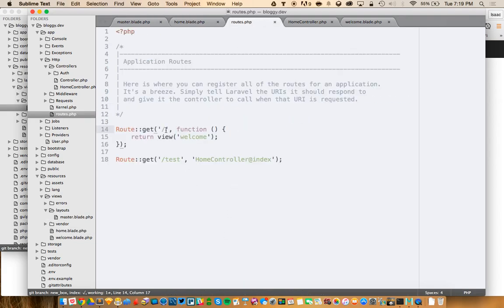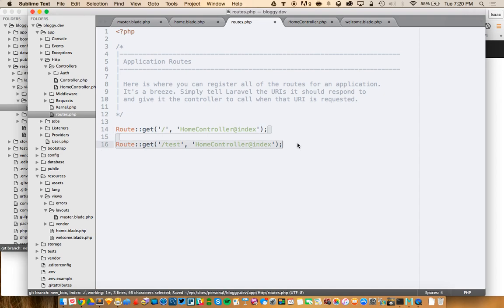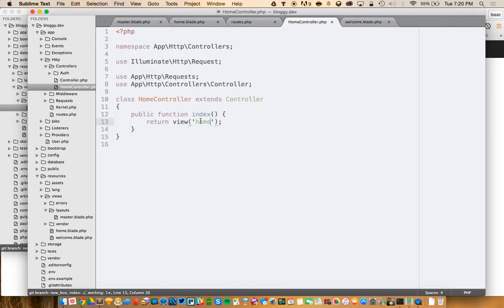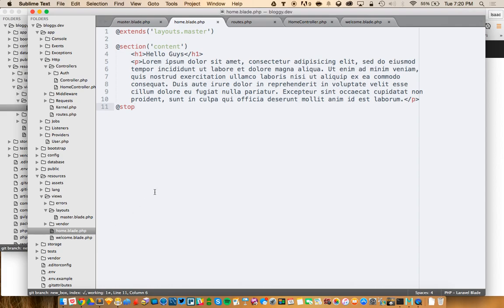So let's go ahead and fix up our routes. I actually want that to come up as our home page. So instead of returning this function, I'm going to take this and get rid of our test here. Now that we're done testing, I'm saying when you go to the home page, I want you to go to home controller at index. Here's home controller at index. There's the method to pick up. Return the view home. You go to home. Home says extend layouts.master. And inside where it has a yield content, I want you to put this code inside of there. If you don't have this,